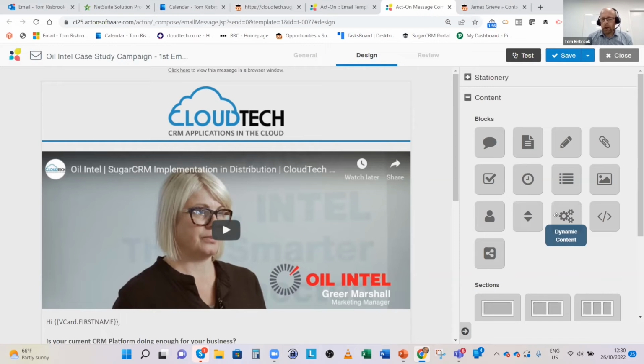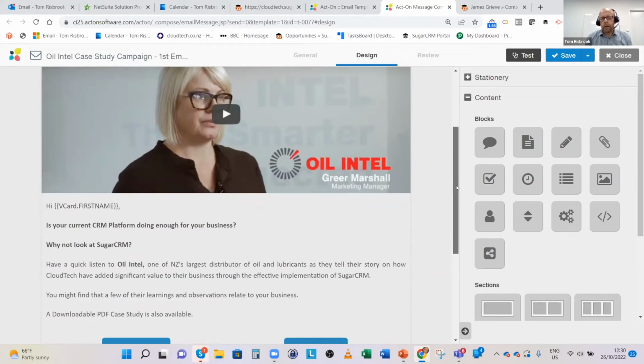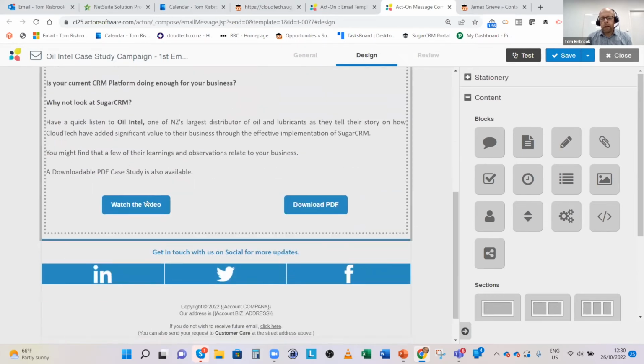Acton has something called dynamic content. What dynamic content does is let you decide on one email template, but with different images or different sections based on who you're sending it to. So you might want to do one newsletter, for example, but if it's a prospect you're sending it to, you might want to change the images as opposed to whether it's a customer or not, as opposed to creating multiple email templates. So you run through your process and you'll notice that underneath here, I've got links I've built,